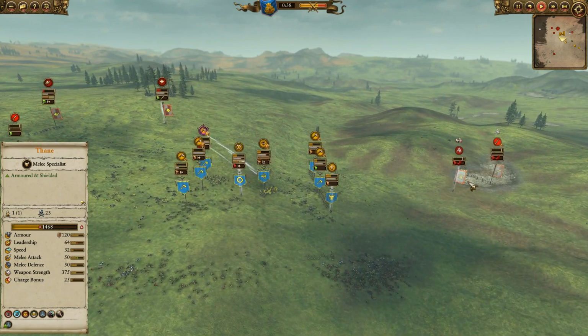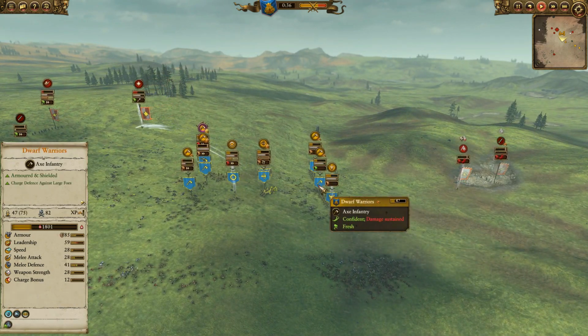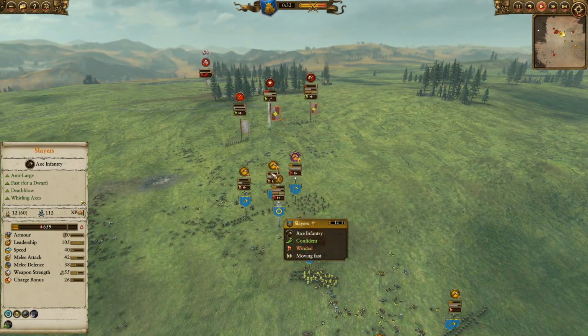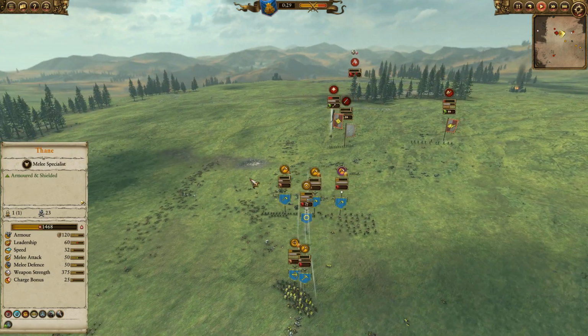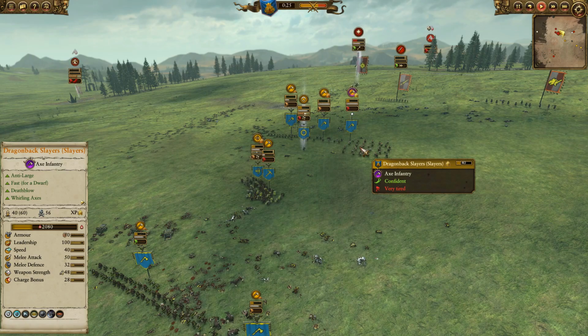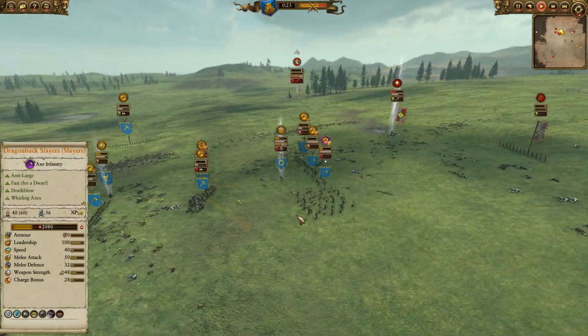At this point, I have a line against anyone who comes back from here with a Thane and 2 Dwarf Warriors. I have my line ready here. I'm going to send my Master Engineer to shoot at Balthasar Gelt, and my Rangers also are going to shoot at Balthasar Gelt. And fortunately, I have lots of Dragonback Slayers left, so there's really not much he can do